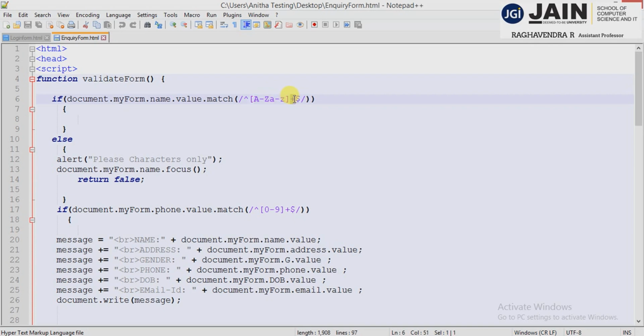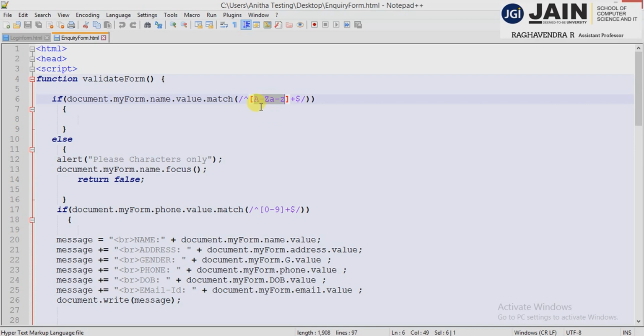Then I'm using quantifiers like plus. Plus here is the initial condition check. The starting itself, it will check the condition. The pattern should always start with characters only. Then plus means one or more times the same pattern may occur or different patterns may occur. And here I am using the dollar. Dollar means the ending characters also should be characters only, meaning the first two should be characters, the last two should be characters, and the middle may be alphanumeric, it will accept.